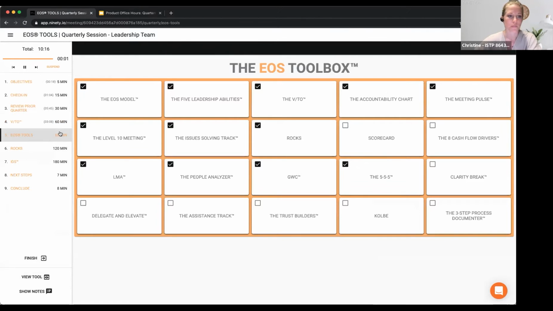All right. Once you're done with that hour in the VTO, you can move on to the EOS tools. Jim, I'll let you speak a little bit to this, because right now in the system, it's really just a grid here so that you can see all of the tools and check things off as they're getting done. And then it's typically up to the company or the coach to decide which one you're really going to dive into teaching wise that quarter.